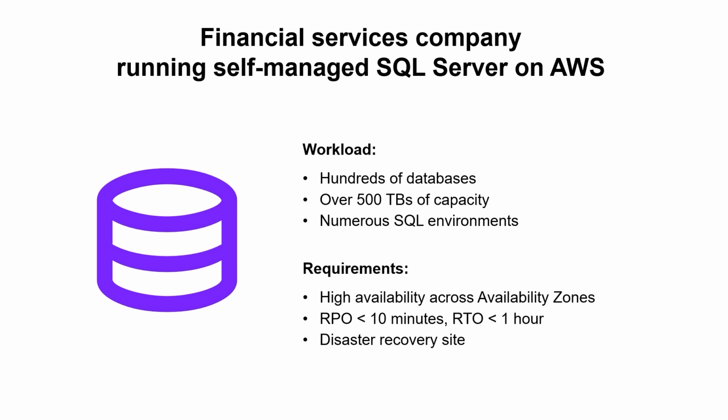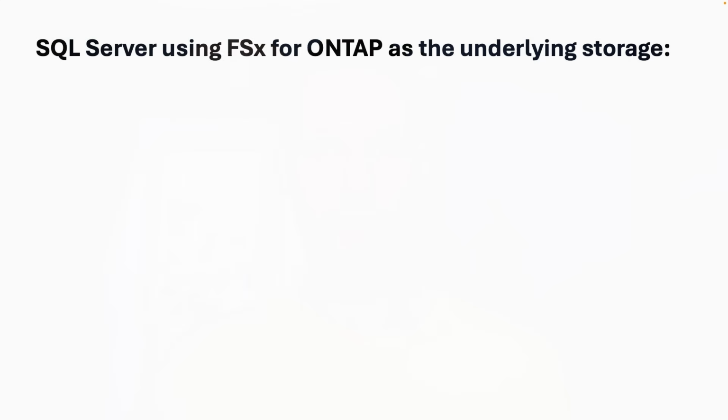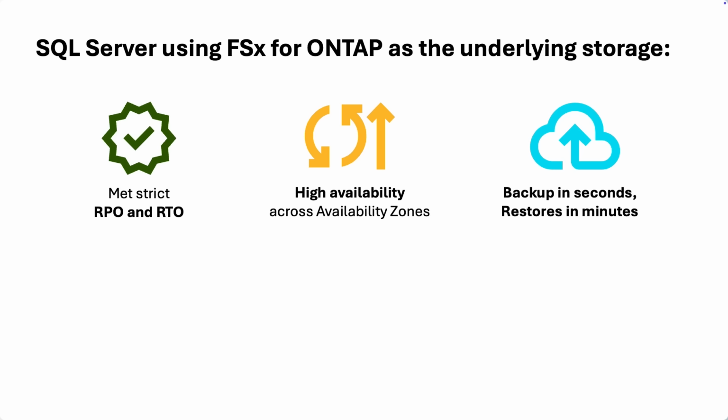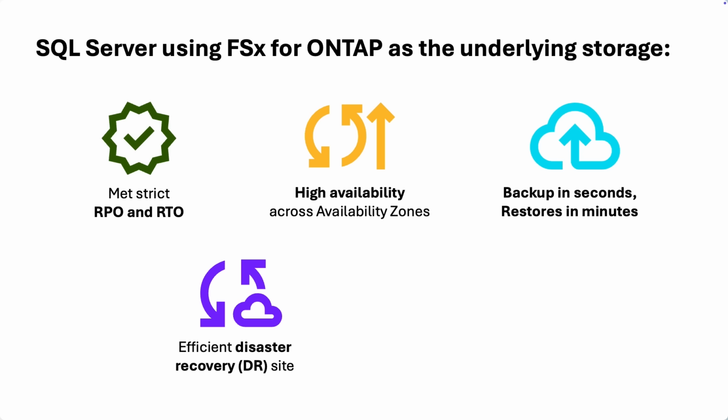To meet the high availability requirement, the company had a SQL Always On availability group architecture with an enterprise license, but they still struggled to meet the required RPO and RTO and couldn't build an efficient DR site. This was resolved by adopting FSx for ONTAP as the data storage layer and offloading the replication tasks to it. This resulted in meeting the RPO and RTO requirement, getting high availability across availability zones, getting backup tasks done in seconds and restores in minutes, building an efficient DR site, and the cherry on top was that all of this